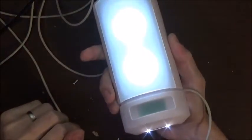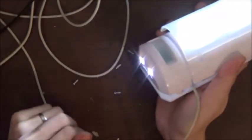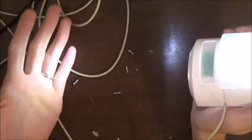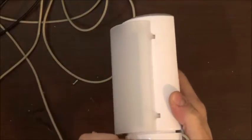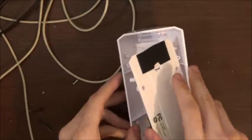I don't know. It may not look bright here, but trust me, it's bright. Look at that. It's definitely blinding bright. All right, so plug it in. So let's see